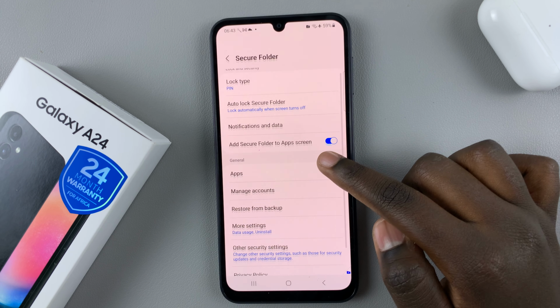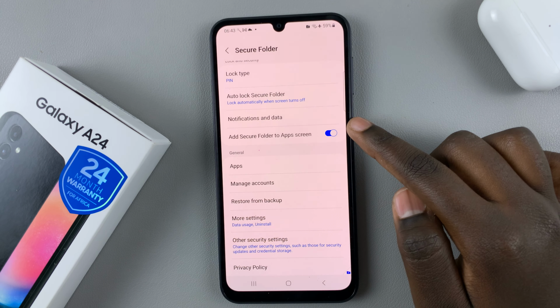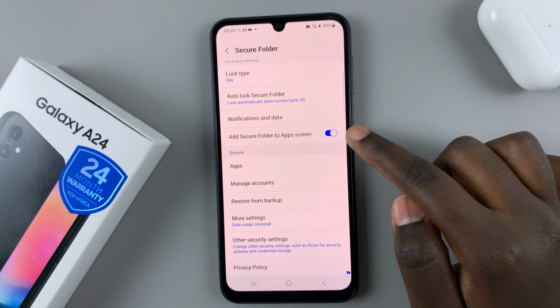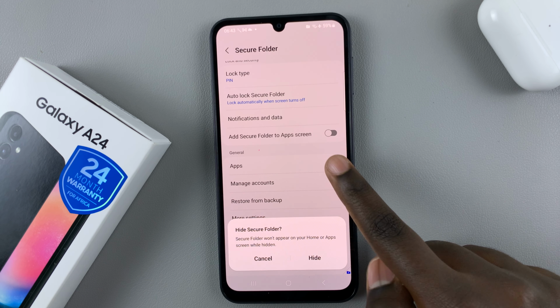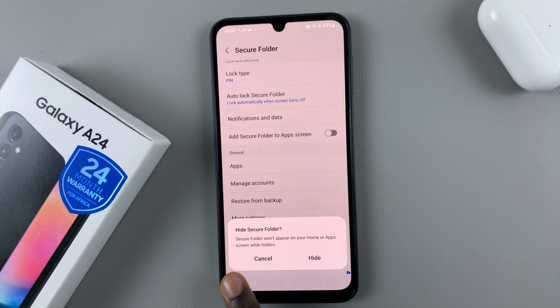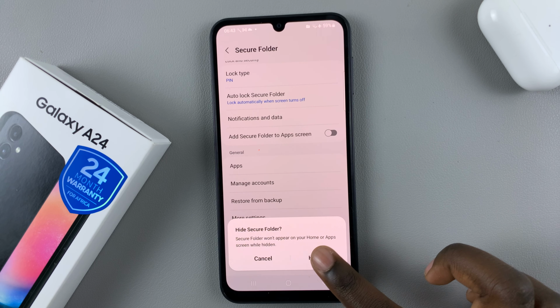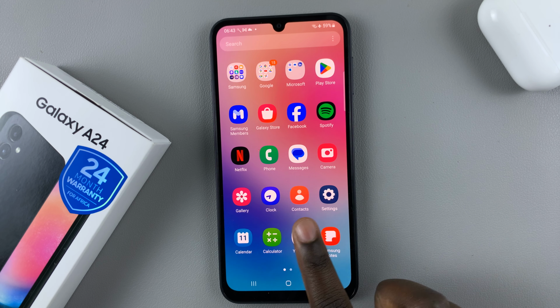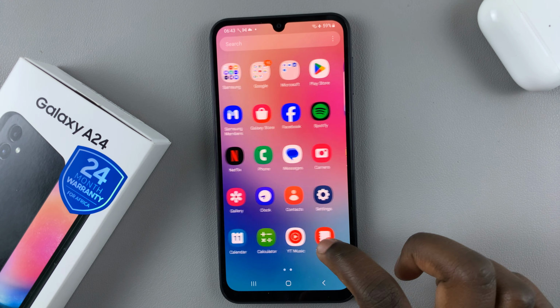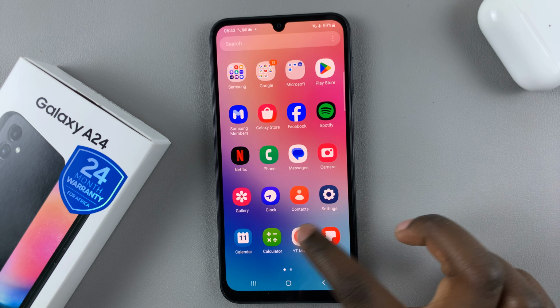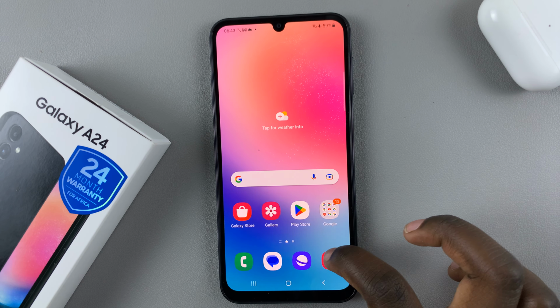So if you want to hide the secure folder on the app screen and the home screen, what you need to do is just tap on the toggle next to add secure folder to app screen, and then a pop-up will appear saying hide secure folder. So it will mean secure folder won't appear on the home or app screen while hidden. So just tap on hide, and then you'll notice when you go back to your app screen, the secure folder is no longer visible. If, however, you want to be able to find your secure folder easily, all you need